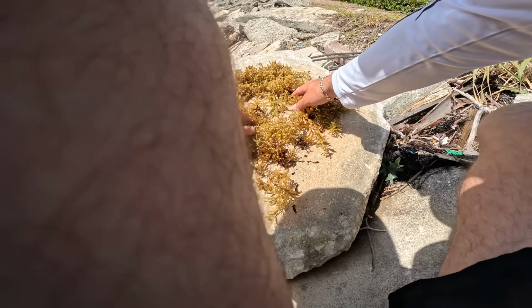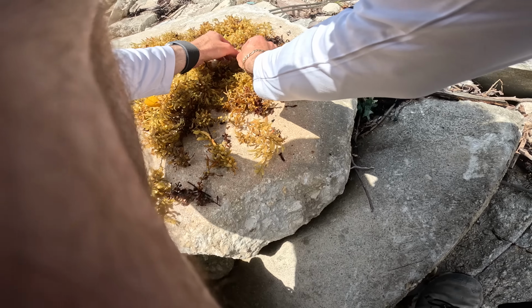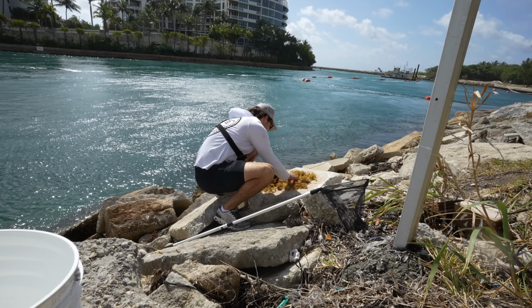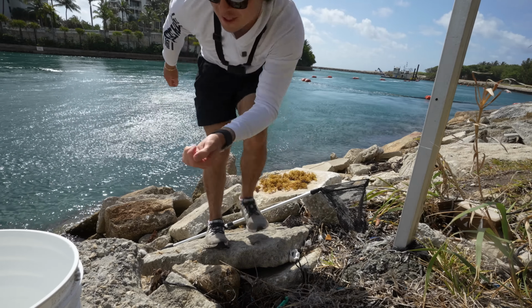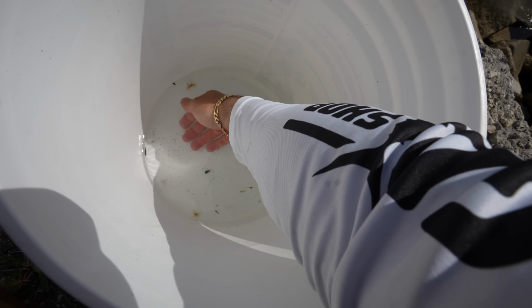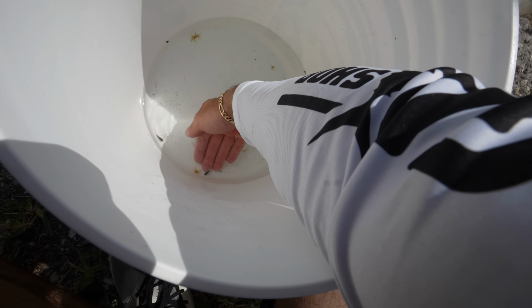Hold on, wait a second. What is this? Is that a baby anglerfish? No, it's not a baby anglerfish, but it is fish. Okay, all right, we'll take these guys. It's not a baby anglerfish, but it is fish. Dang it. I thought for a split second it was gonna be a little anglerfish, but instead we got two,